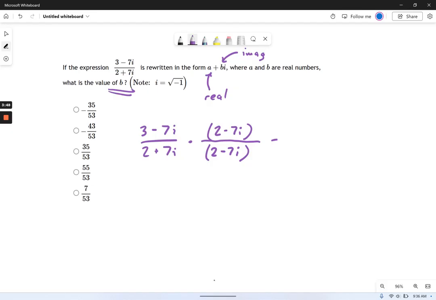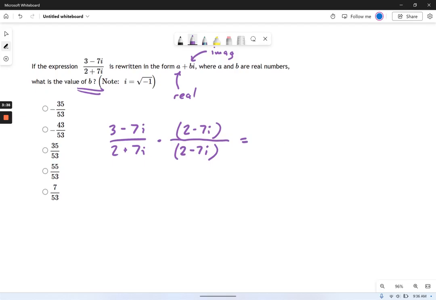And now we get busy with some foiling here. This is going to take a moment. And we work our way through this. Now, I'm going to assume you've already had some practice foiling and just run through these numbers. But if you're lost on this part, I'd encourage you to take a moment and do the foiling yourself. You know, first times first, outer times outer, and so on, distributing that multiplication until you see how this works. So this on the top becomes 6 minus 21i minus 14i, and then plus 49i squared. Okay, that's our top value.